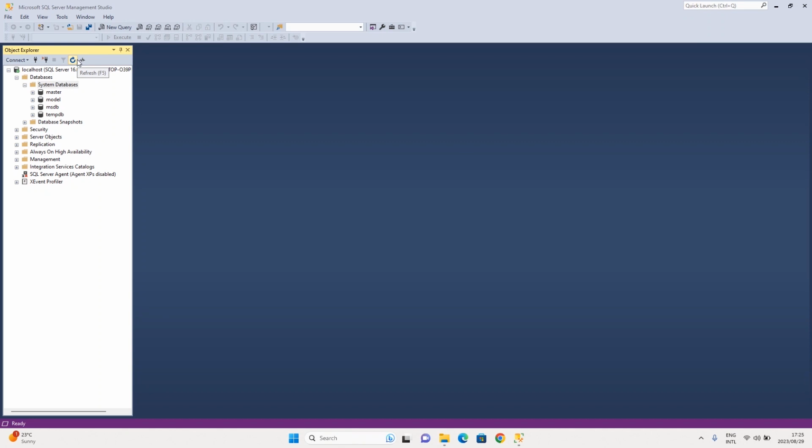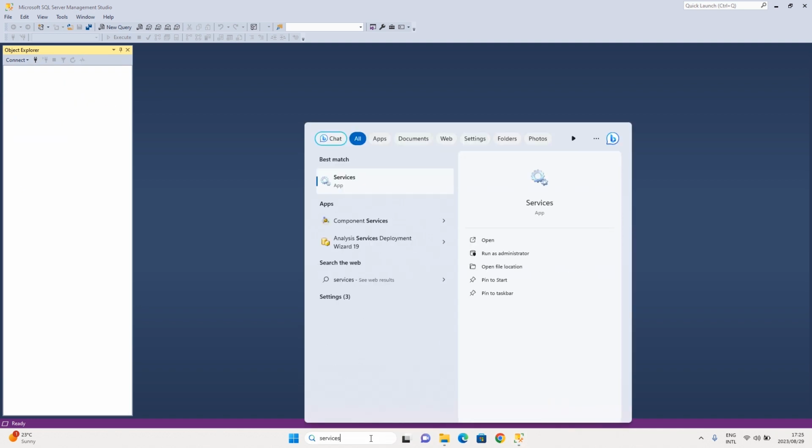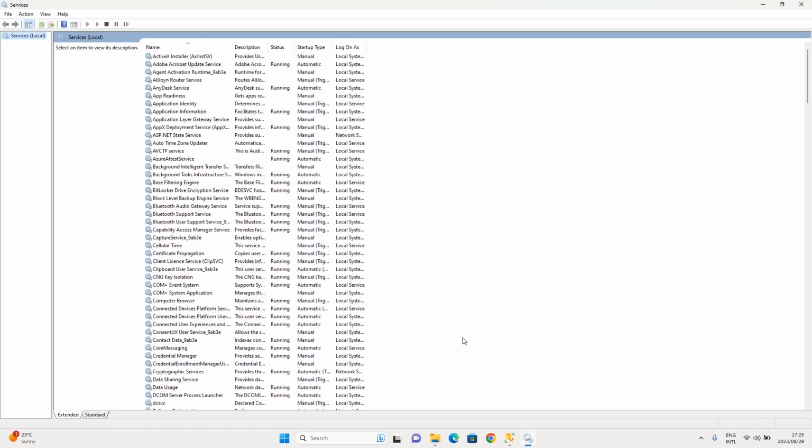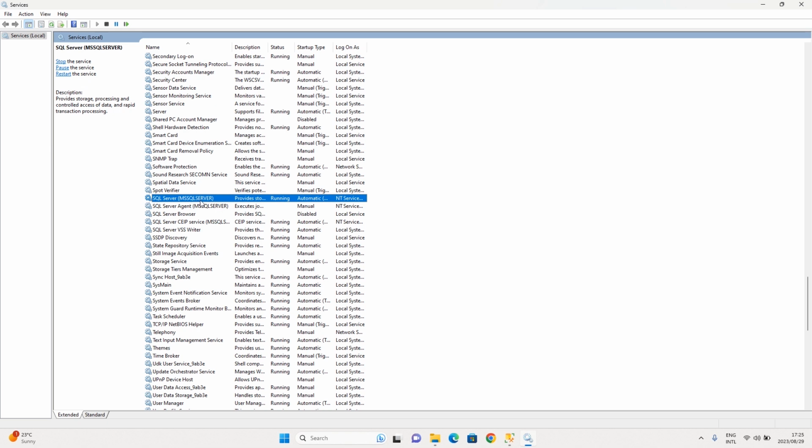If you experience issues trying to connect to your SQL Server, one reason might be that your SQL Server is not running. So I'll try to simulate that error and show you guys how you can fix that. What I'm going to do right now is disconnect from that and go to services and search for our SQL Server instance. And you can see this is our SQL Server. You can see the name of our SQL Server instance there, and the status of this service is running. So if I were to go and stop this,